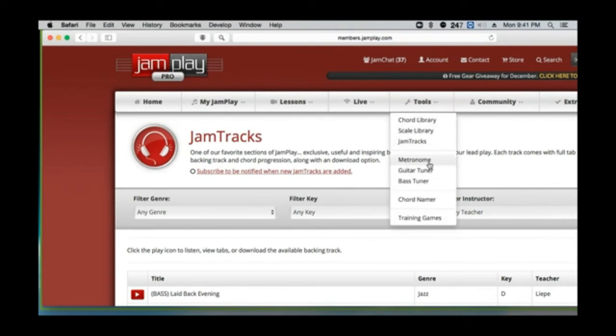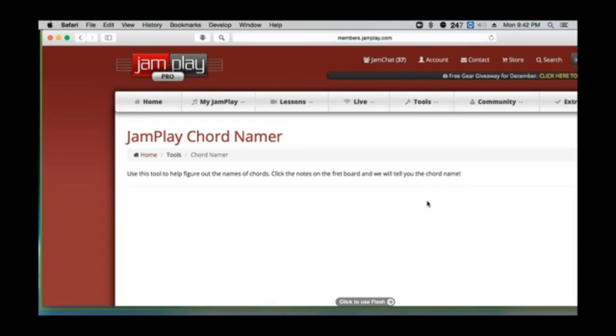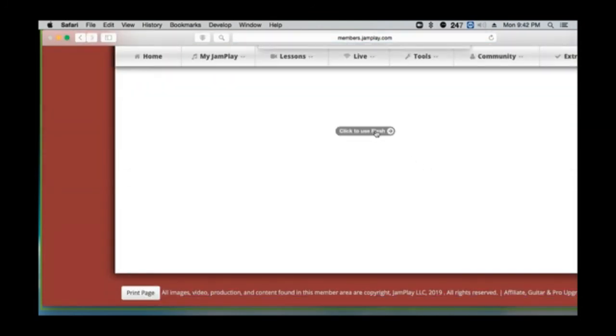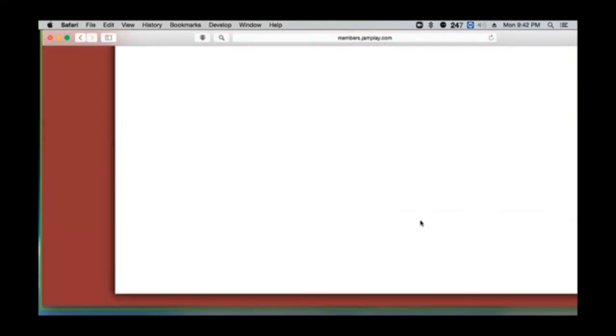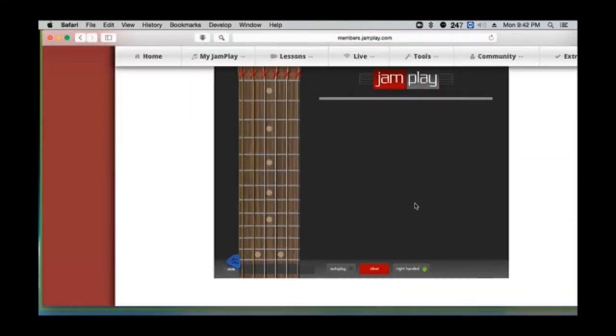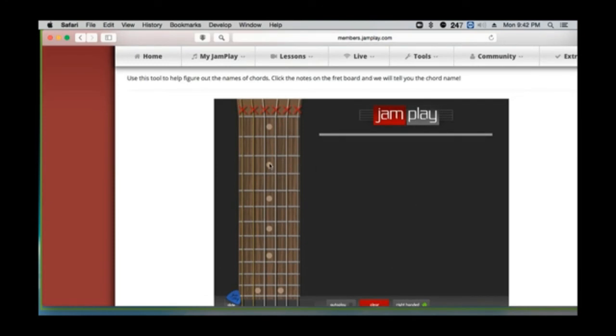We don't need to talk about metronomes, guitar tuners, and bass tuners, but I want to show you guys the Chord Namer. This is really fun. Now, it asks you to use the Flash player. Yes, we will use a Flash player. Now, check this bad boy out. It's loading here. Okay, what it allows you to do is it shows you a picture of the neck, okay? And what you can do is